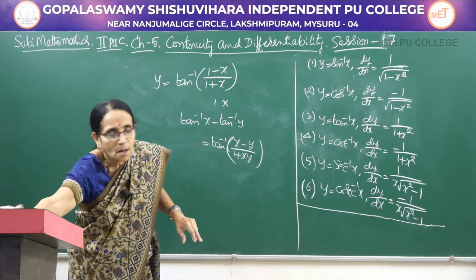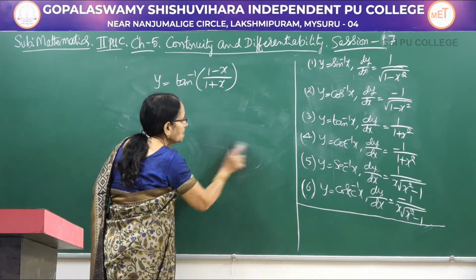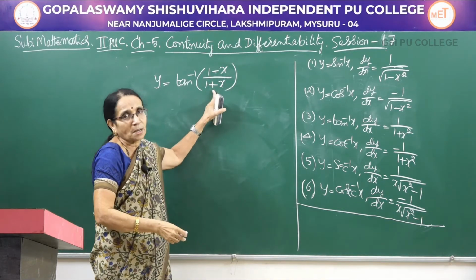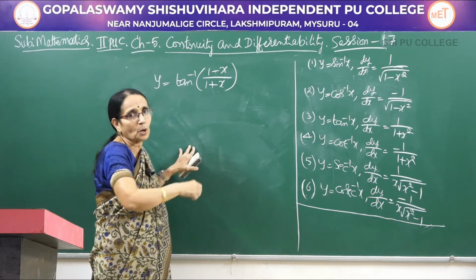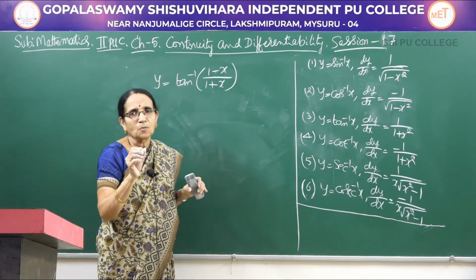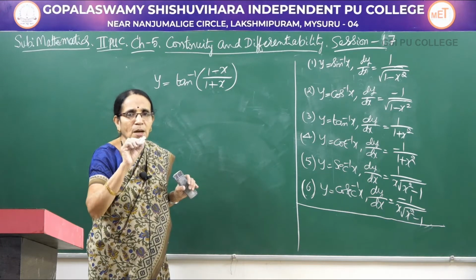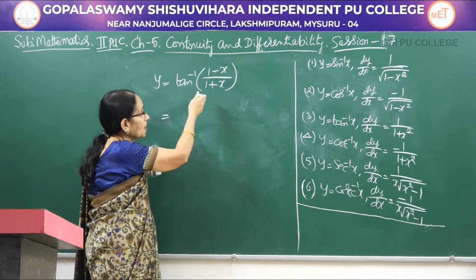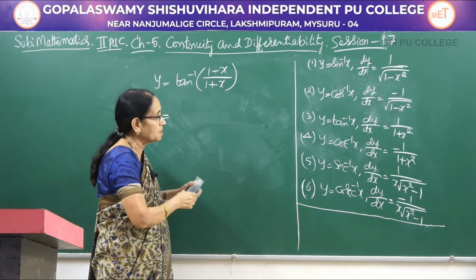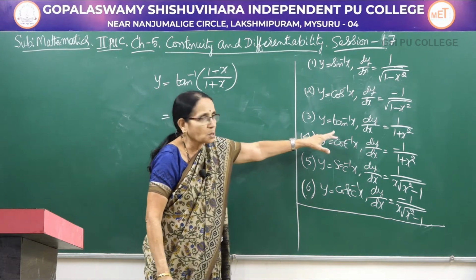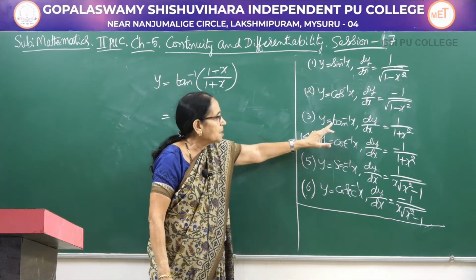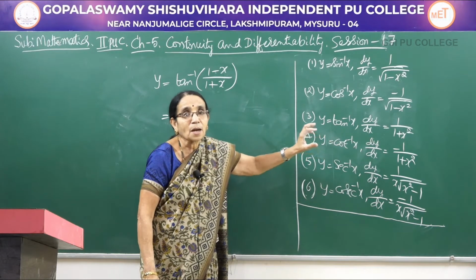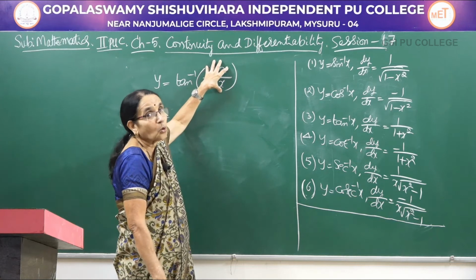Now instead of giving this minus in the numerator, suppose I had given plus in the numerator, then I would have given minus here. Then we would have used the earlier property: tan inverse x plus tan inverse y is equal to tan inverse of x plus y over 1 minus x into y. So, of course, as it is you can differentiate, no problem at all. We are using this formula, isn't it? According to this formula, for tan inverse x, dy by dx would be 1 divided by 1 plus x square. In the place of x, we are having the whole thing.